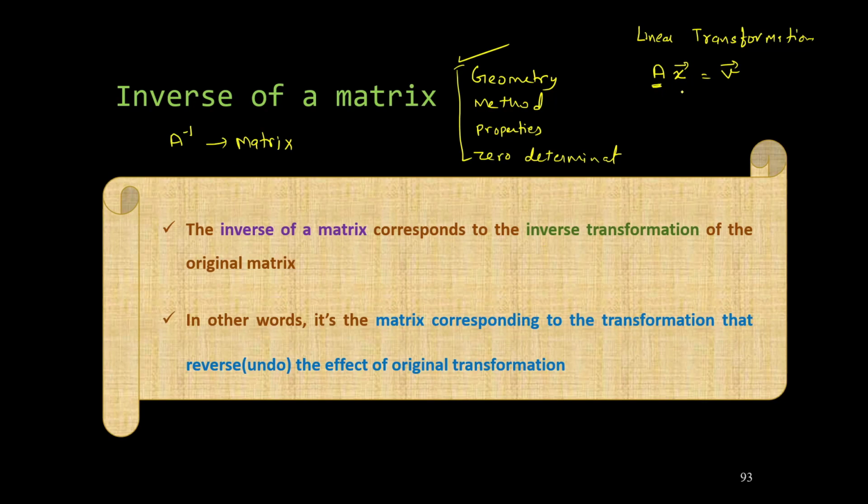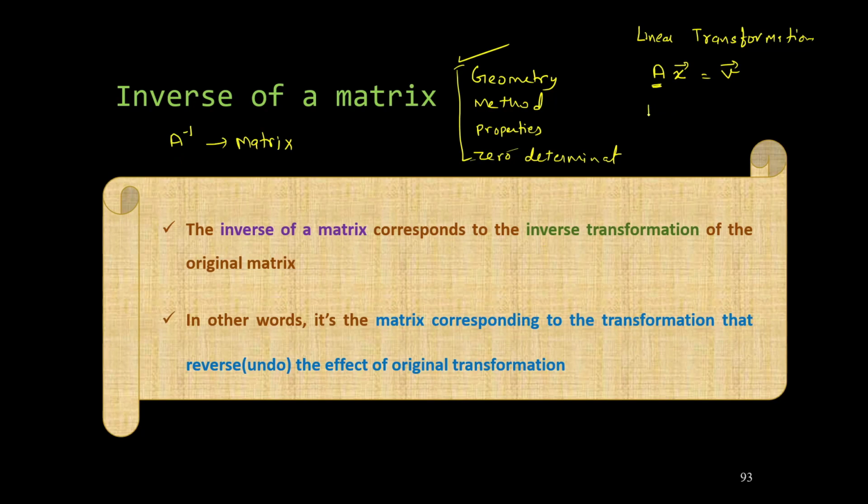What it means is that this linear transformation transforms our space into a new space, and the inverse linear transformation would undo the effect of this transformation. I hope you are getting that, the effect of undoing what we have done, right? So basically we are going back to the original space. We will look at some animation to make it more clear, but the concept is we have applied one transformation by using this matrix A. If we want to undo the effect, or go back to the original space, we can use this inverse linear transformation. We will see a simulation where it becomes really clear in a short while.